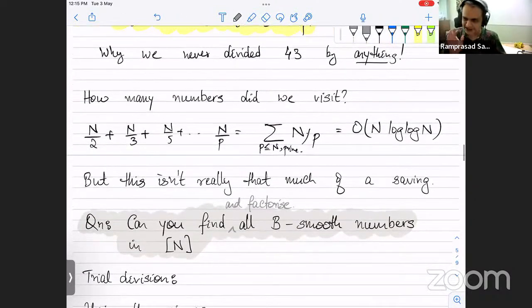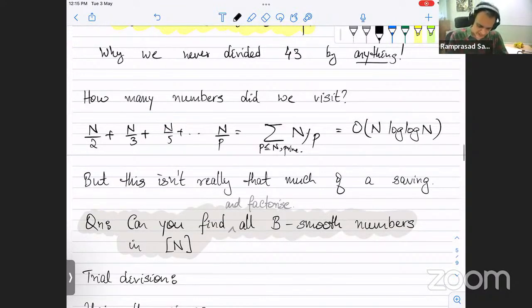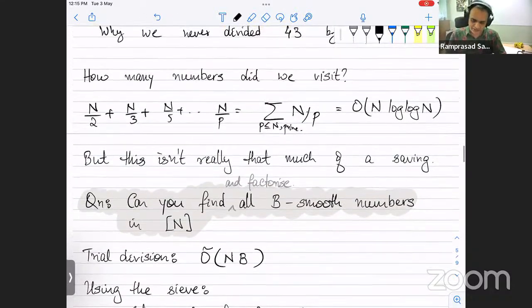Let's compare. Suppose we did trial division. What would we have done? There are n numbers, and I have roughly B primes. I'm just going to divide every number by every prime to find the largest power of it that divides. So the naive trial division approach is going to be n times p. This is like dividing every number by every prime. But you can use the sieve instead,